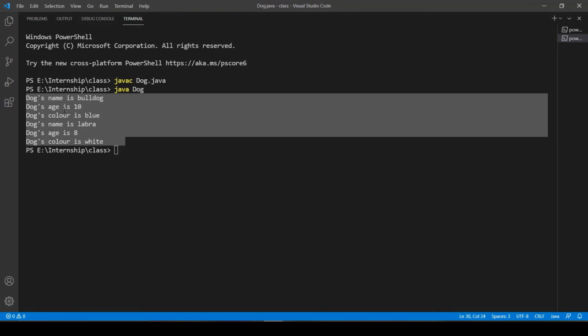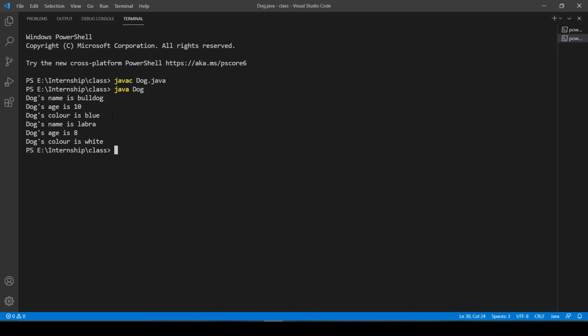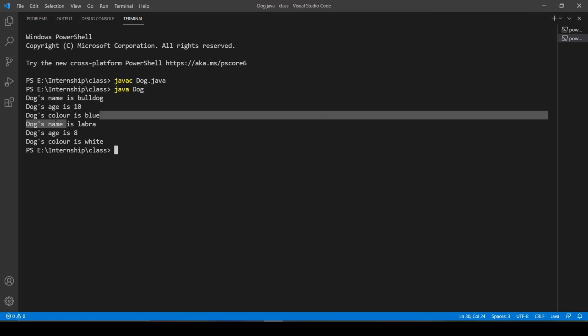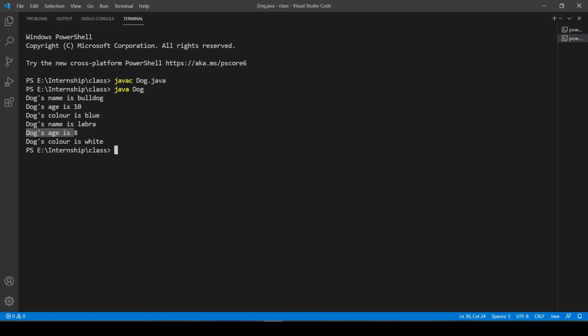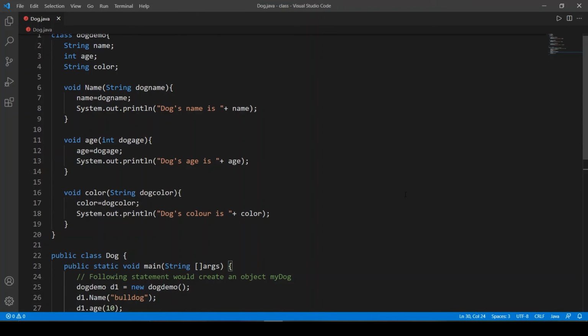The first 3 statements are for dog D1, and the remaining 3 statements are for dog D2: dog's name is Lebra, dog's age is 8, and dog's color is white. I hope you all have understood what I am trying to tell.